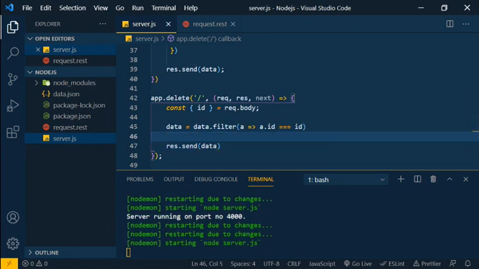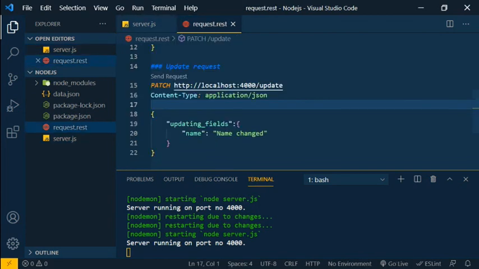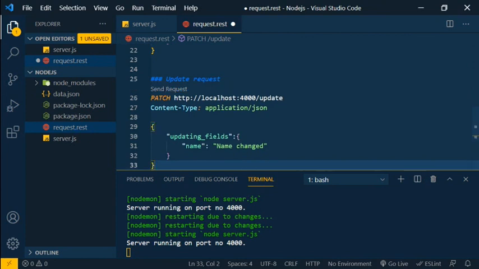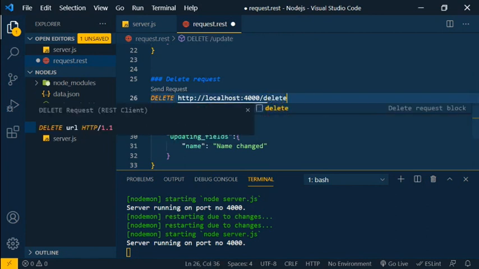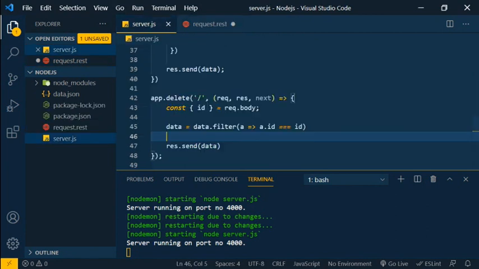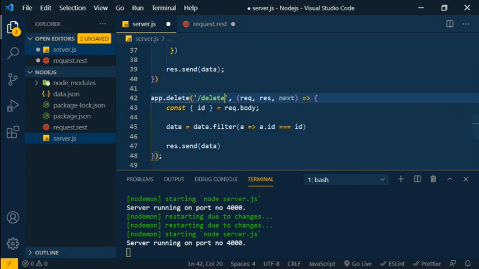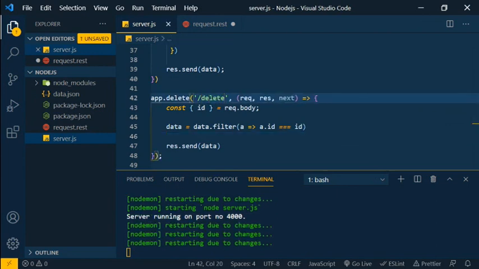So I'm just saving. I'm going to make the same request. Here, delete request, delete. I'm just checking once again. Here we need to set delete instead of root.